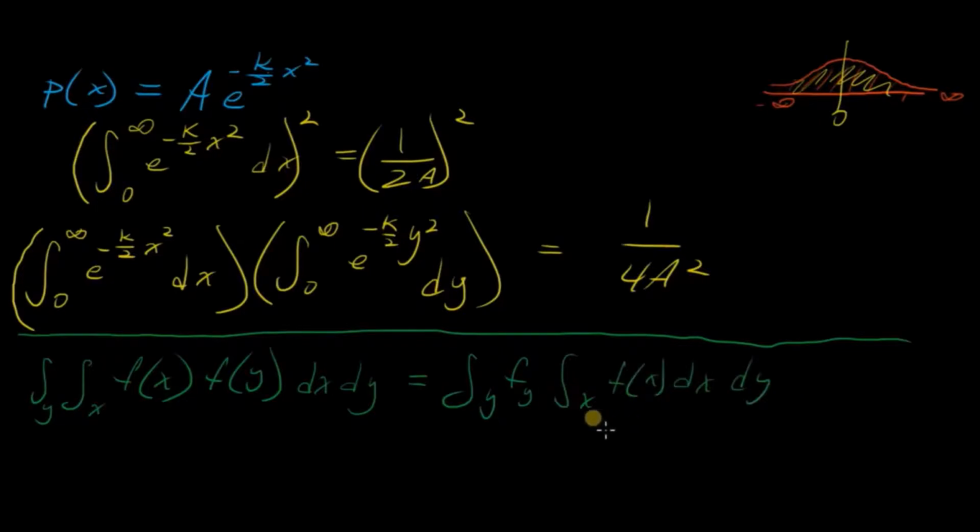And then we would go ahead and do that x integral, and that would just be a number, and that number would be a constant with regard to the y integral. So we would just bring it out in front,